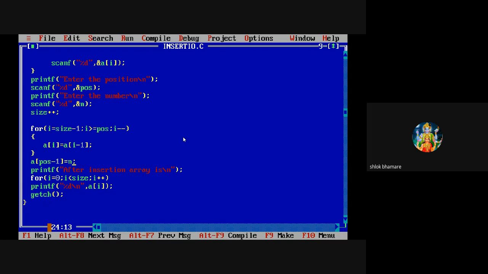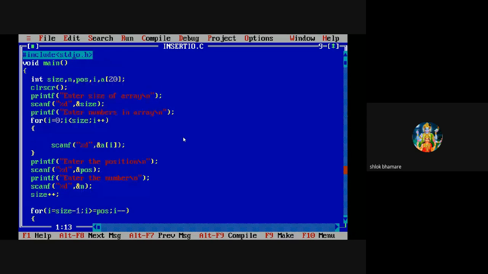So, after inserting the new number, the array size will become 6. That's why we have incremented the size of array. Note down the program and execute the program within 10 minutes.